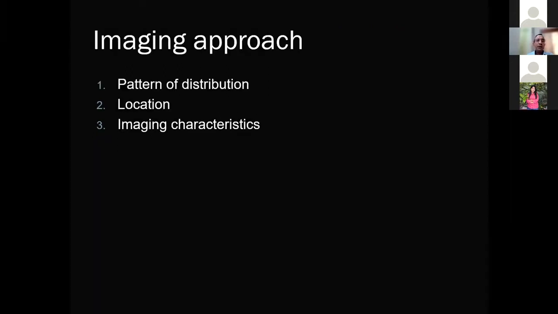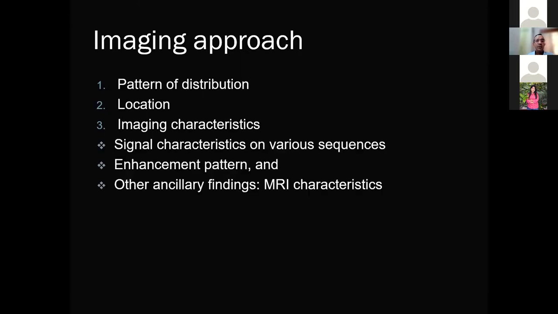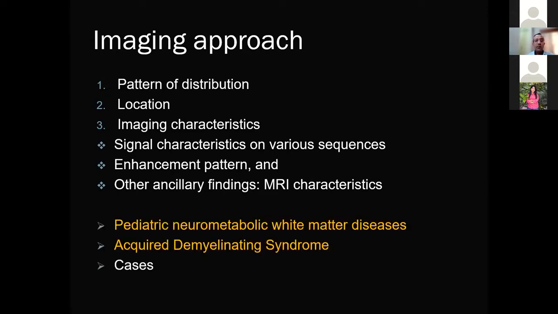In imaging, it's the triad of the pattern: look for the distribution pattern, look for the location of the lesion, and then the imaging characteristics. In imaging characteristics, the three important features include signal characteristics on various sequences, look for the enhancement pattern, and other ancillary findings. The MR characteristics of various disorders I will be discussing subsequently. I will be mainly discussing the pediatric neurometabolic white matter diseases and acute acquired demyelinating syndrome. And then subsequently, I will be showing a few cases